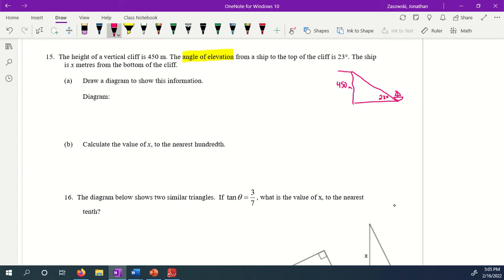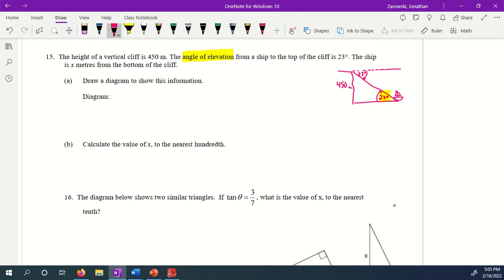It doesn't say where on the ship, so it doesn't say like from the top or the bottom. So we're just going to go that it's right to the bottom of the ship, making a right triangle here. And remember, angle of elevation is looking up, angle of depression is looking down. These two angles are congruent. So whether it tells you it's the angle of elevation or depression, we always want to make sure we're putting it in the bottom corner so that it's inside the triangle. All right, we want to find